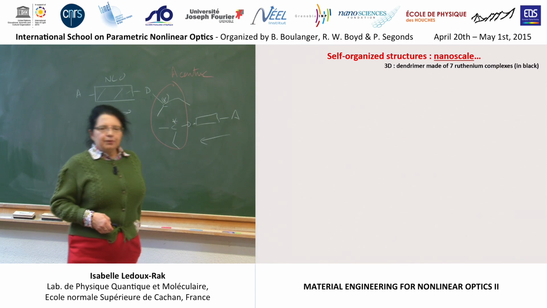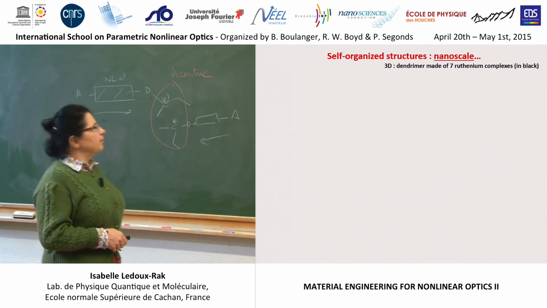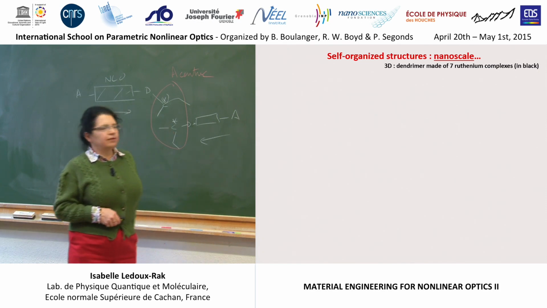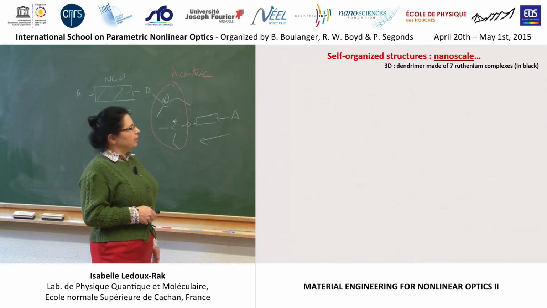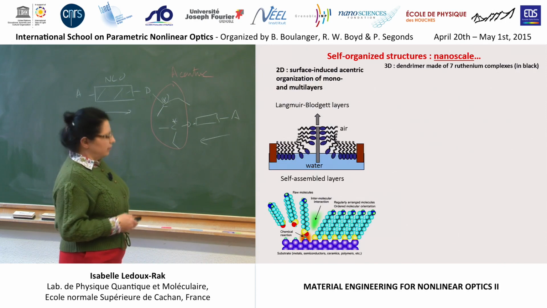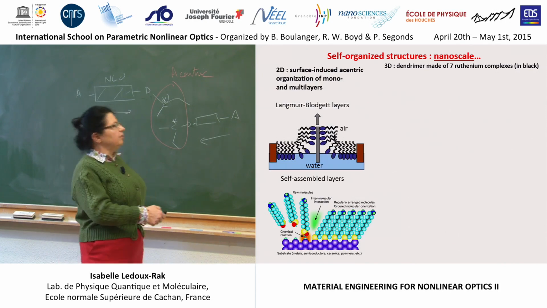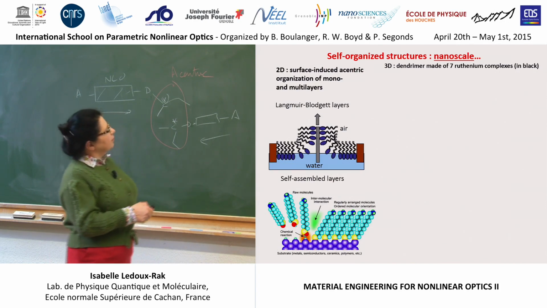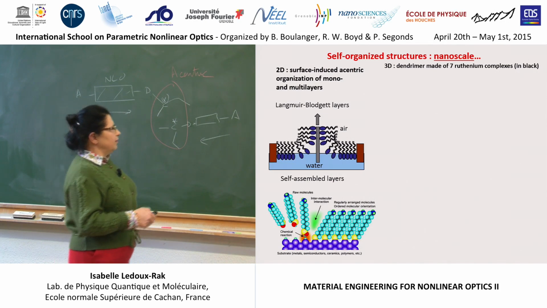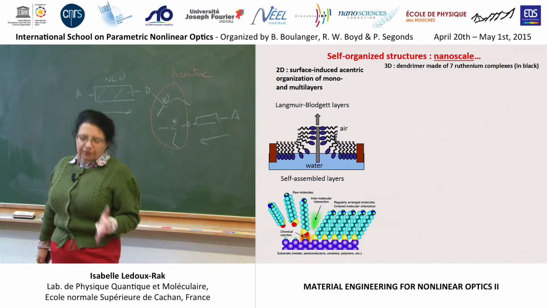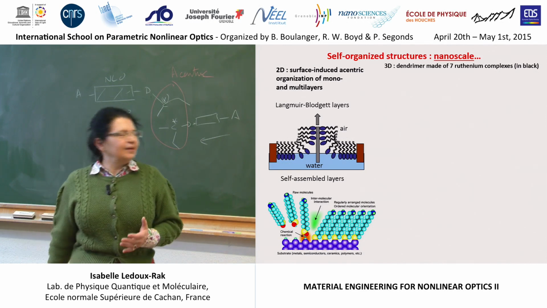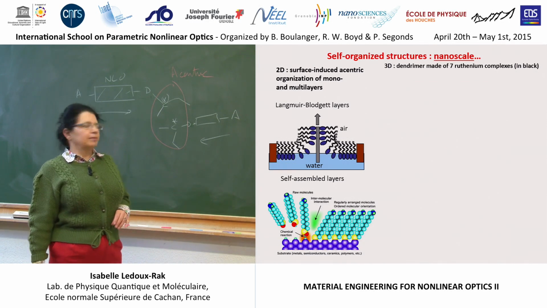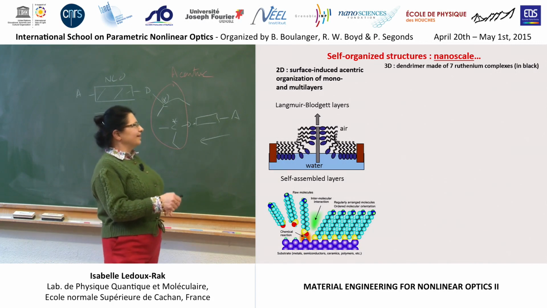So that is an example of macroscopic crystals, but it is maybe interesting to see how to perform self-organization at smaller scales, because sometimes the organization looks to be easier. There is a two-dimensional type of self-organization using a surface. A surface, an interface, is non-centrosymmetric by definition. So if you are able to deposit monolayers, then you create non-centrosymmetric nanoscale layers.